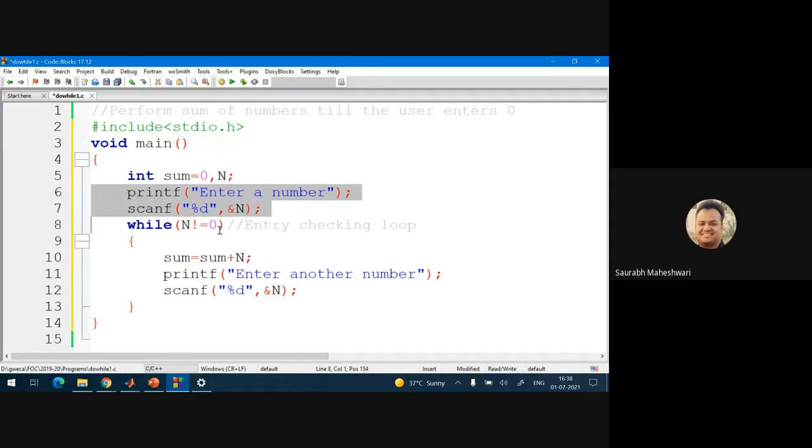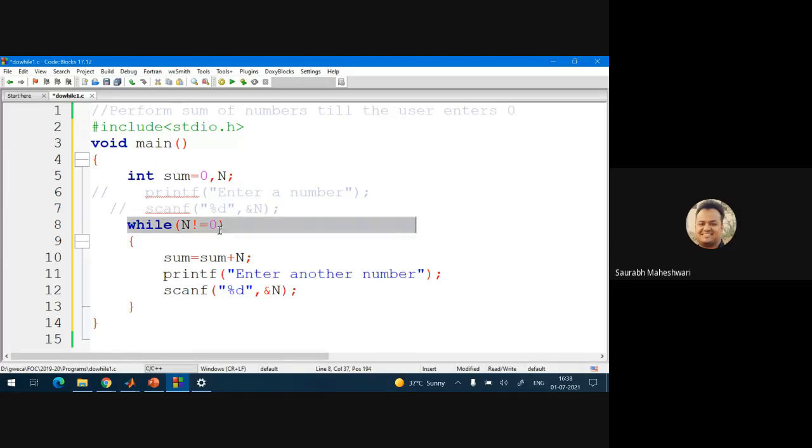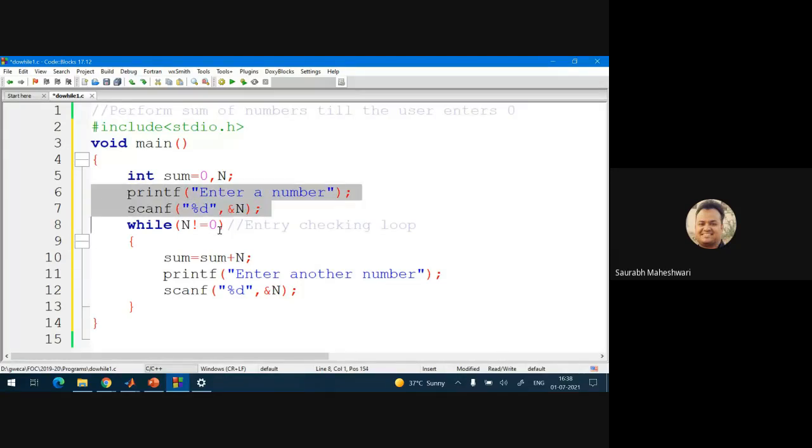If I don't write these, what will be the initial value of n, which would be required from the user? So this is a problem: you have to write the input statements twice. Can you see this problem? You have to write input statements inside the loop also and outside the loop also.